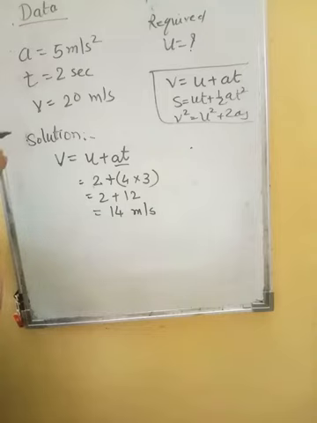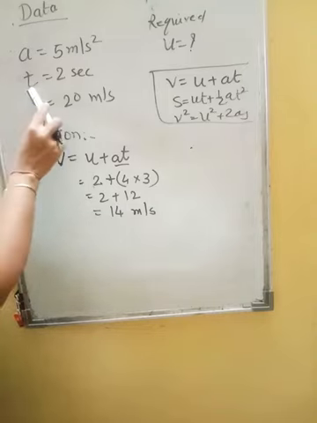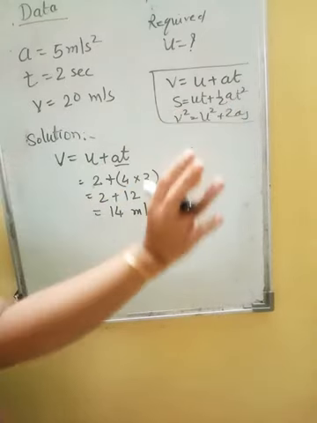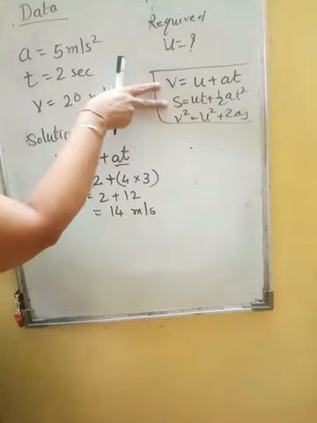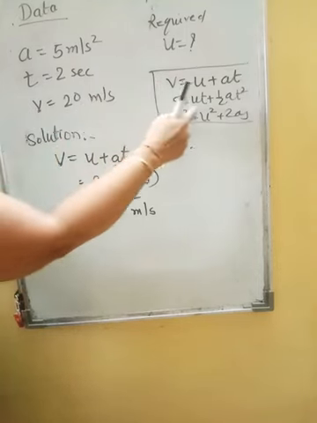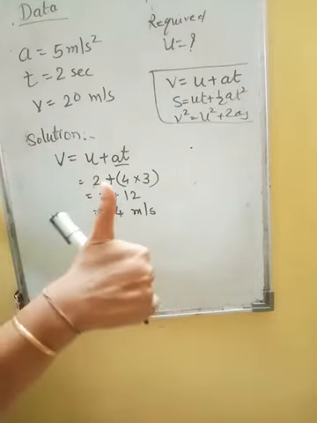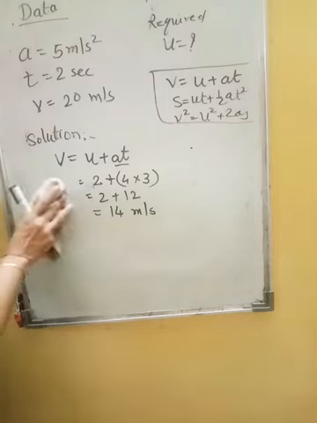Now which is the equation which contains T? This third equation doesn't contain T, so that will not be useful. Now two are left, correct? Now they have given V here. Is V here? No, not here. So this will be applicable. Like that you are going to decide. So let us write down the solution.